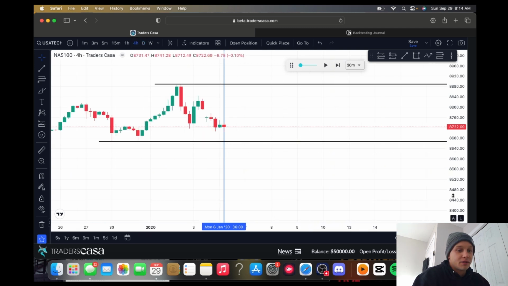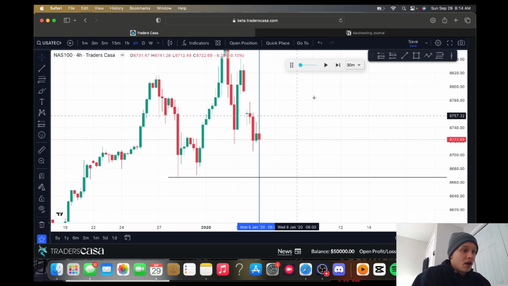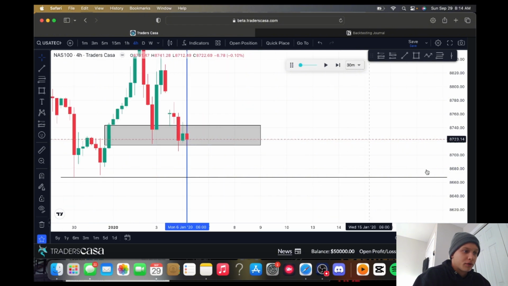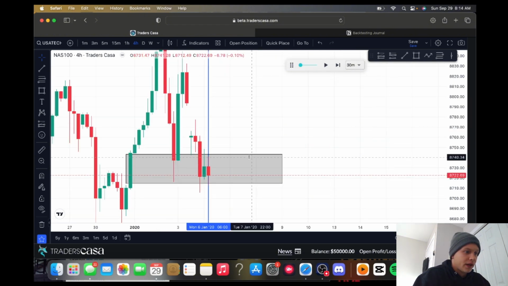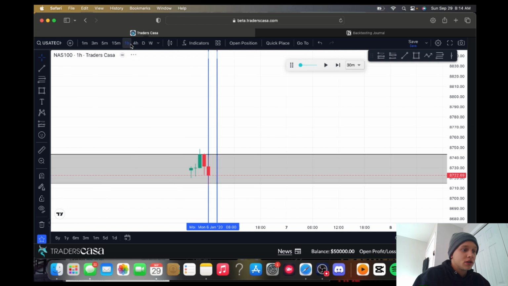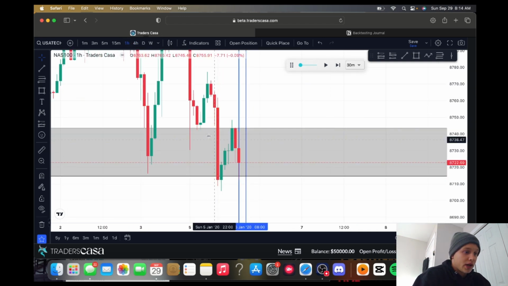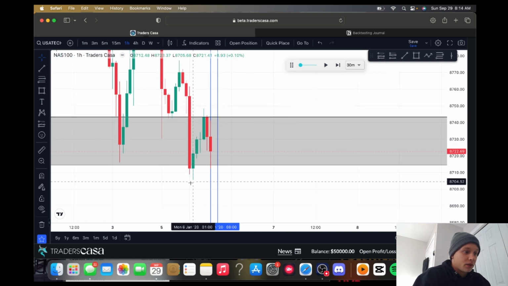The daily is looking like it's dropping though. The 4-hour time frame is definitely looking a bit more bearish. We are in this 4-hour fair value gap right here. We do have this gap here, and we have just swept these lows out. So longs don't look too bad right now. We do have this 1-hour fair value gap, so if I was to take a long, I'd want to see maybe a sweep of the low and then a push up, potentially.